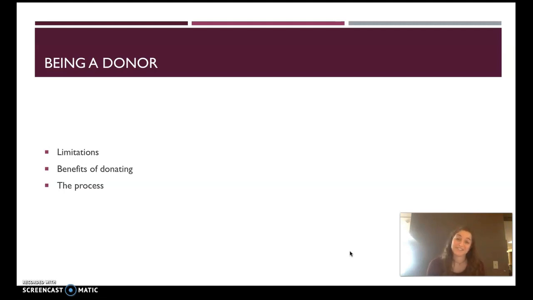There are lots of benefits to donating. Other than saving 3 lives, which is obviously a benefit, you can track yourself and really understand your body better, especially if you do it over time, because when your blood gets tested and processed through the system, they will find out a lot of things about you and then give you back that information. So you can track your cholesterol, your iron levels, your height to weight ratio over time, and you can also see if you have any diseases that you didn't know you had, such as